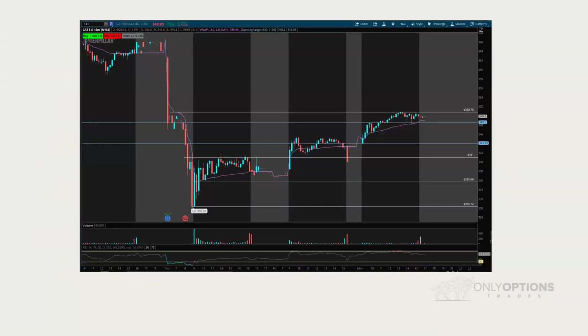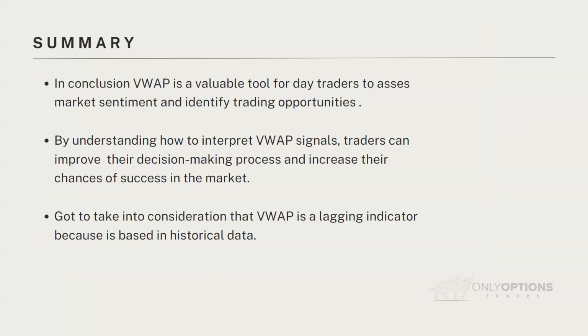But I'm going to remember one more thing, which is to consider that all the indicators are lagging indicators. This is based in the past. So we try to predict what's going to happen next, but you always have to be really careful. Microsoft had a VWAP that was the Great Wall of China today, Rafael. Let's see it. Let's jump into it.